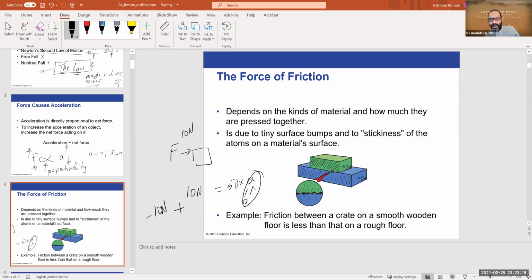So if I decide, you know what, I don't want to push with 10, I want to just push with 5, friction will change also from 10 to 5. If I don't push at all, right now I'm not pushing, friction stops pushing. So the friction in this case, the static friction, where the desk is not moving, is variable. If I put, let's say, 20 Newtons, friction will put 20 Newton to keep the desk from moving. And the friction is in the contact basically between the desk legs, that has 4 legs, and the surface underneath. But if this desk starts to move, if I push very hard and the desk starts to move,